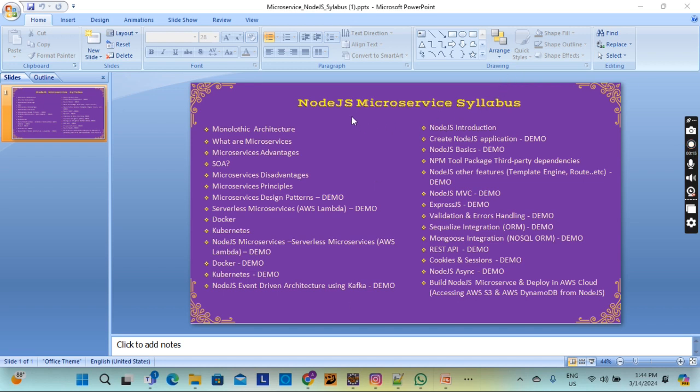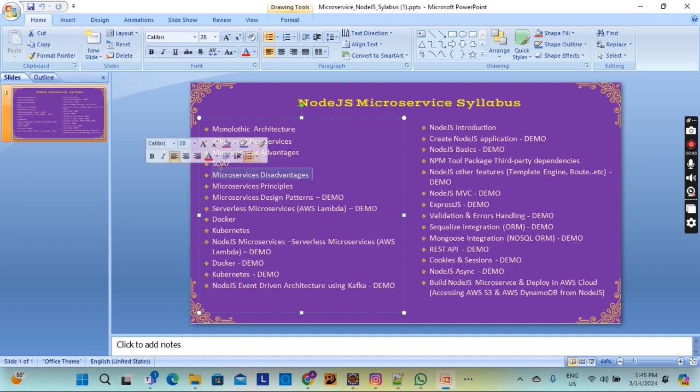As part of this course, we will be covering monolithic architecture, what a traditional architecture is, why we are migrating to modernization architecture like microservice architecture, and what the advantages and disadvantages of microservices are, where microservices fit our requirement and where we should not use them, and what the microservice design patterns and principles are and how we can use them. And what SOA, service oriented architecture, is, what the difference between microservice and service oriented architecture is, and why we are moving from SOA to